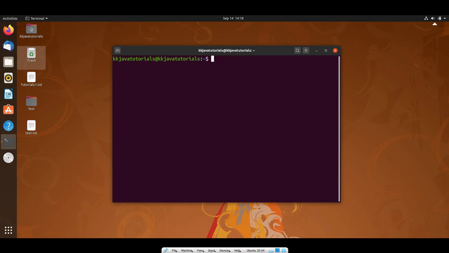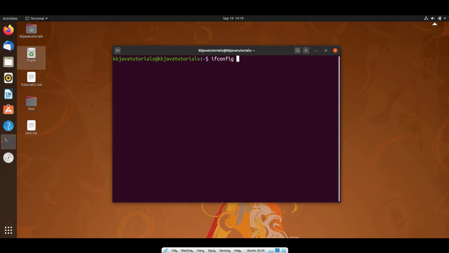Now let's say I would like to disable my internet connection, right? So I will write ifconfig, and after that you can specify, ifconfig comes with two options. One is down, so that your internet connection will be disabled, right? Another is up, right?